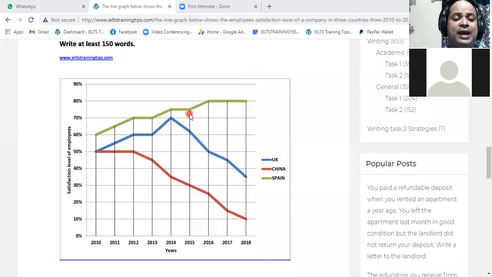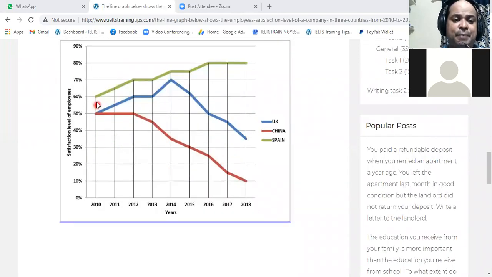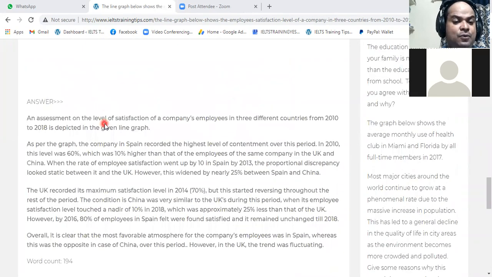Okay, so we have seen there's a difference. The comparison was 10 percentage. The difference between these two was 10 percentage. So that we have seen. And next, we can see